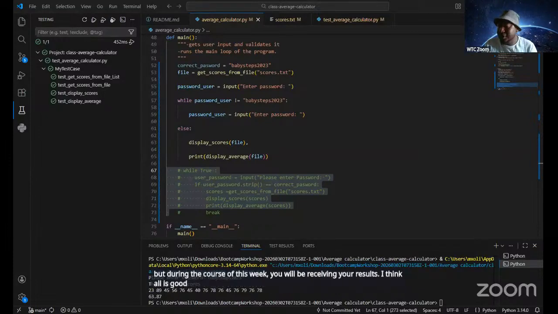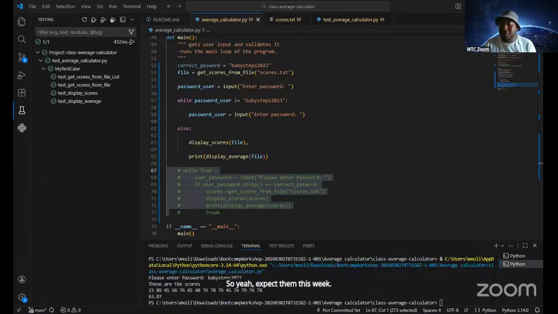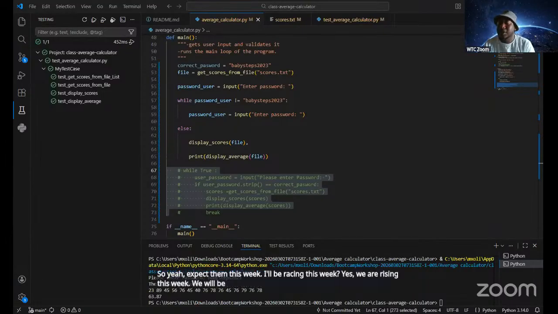We just need to send them out. So yeah, expect them this week. Are we writing this week? Yes, we are writing this week. You will see that your calendar will update if it hasn't already. You will be rewriting your Python syntax, which is assessment 1 on Thursday.